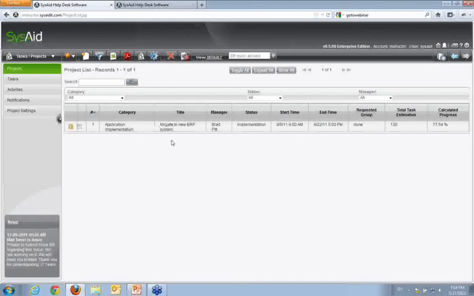We have a specific application that we want to implement. The title is Migrate to New ERP System. We have to migrate to a new ERP. That is exactly the project that we have to do, and that project also will have different tasks. The manager is Brad Pitt. The status is implementation. That means the status is being implemented already, or that means that we already started the